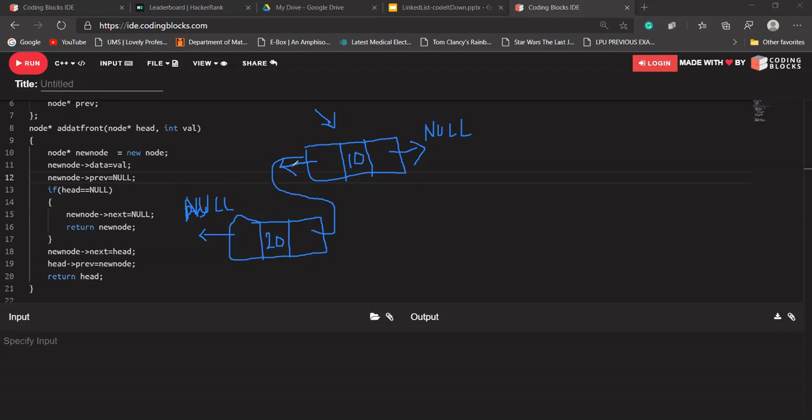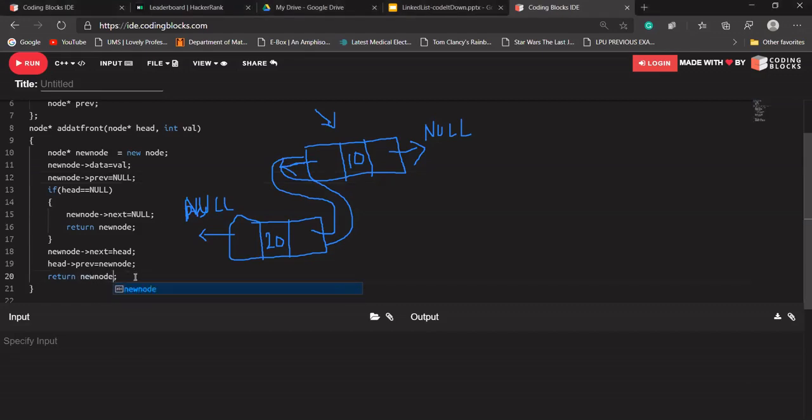It was pointing to a null value, because a new node has been added at the front, so its previous should point to this node now. And this time we have to return this new node again. I have to write new node instead of head.